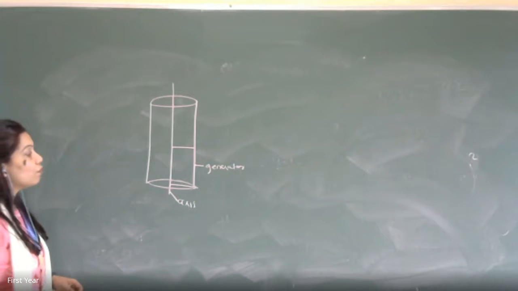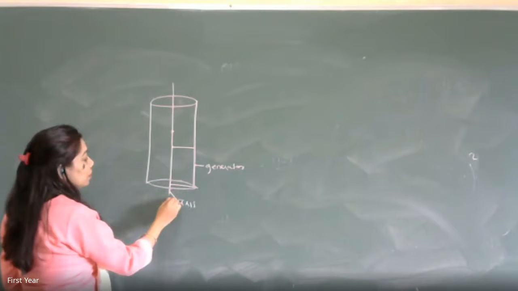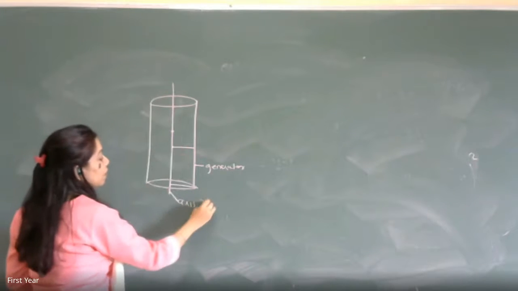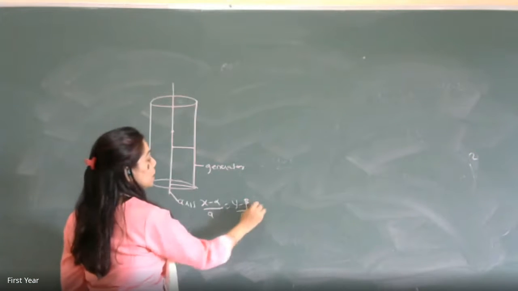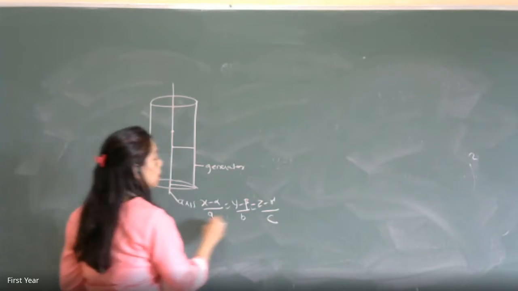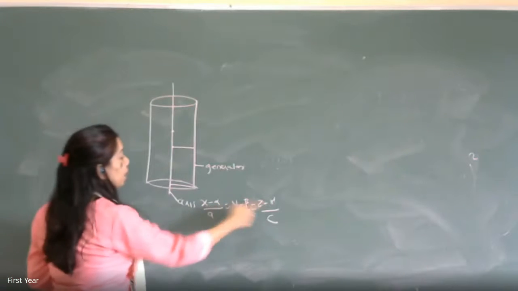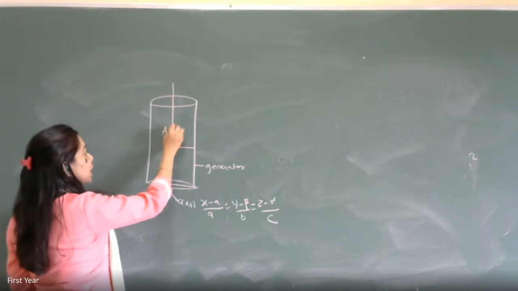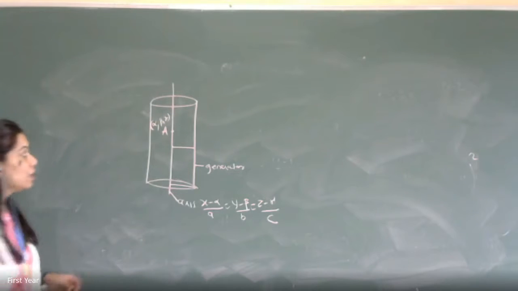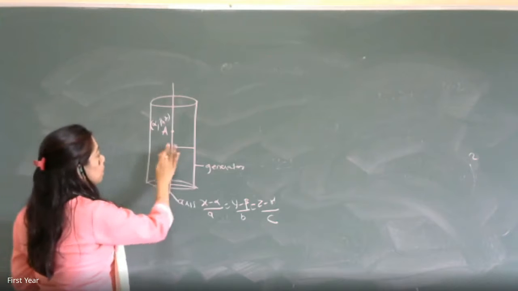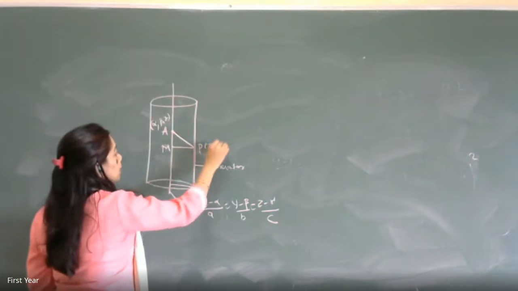So when I want to find the equation of the cylinder, you see what I am going to do. I should know the equation of the axis. So it will be (x minus alpha) upon a is equal to (y minus beta) upon b is equal to (z minus gamma) upon c. So the equation of the line is written in this form, and therefore alpha, beta, gamma has to be a point on this line. So I'll call it A, which is alpha, beta, gamma. There's this point, I call it M. I join this point here. It is X, Y, Z.